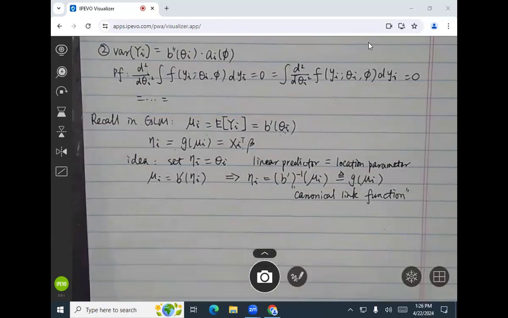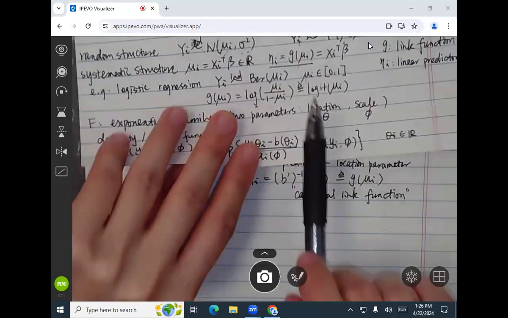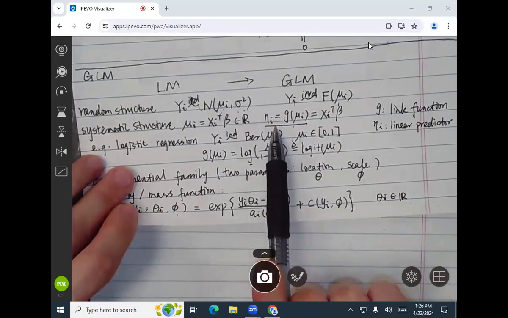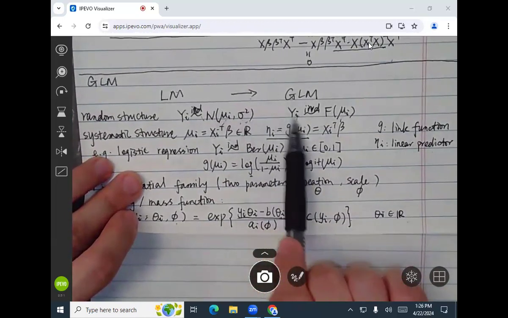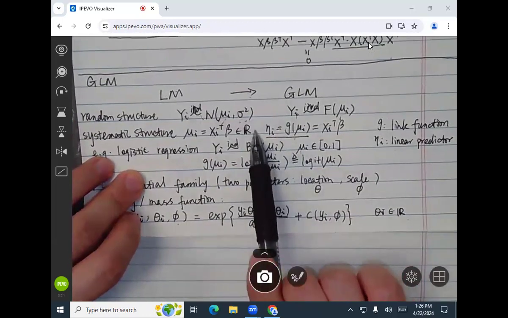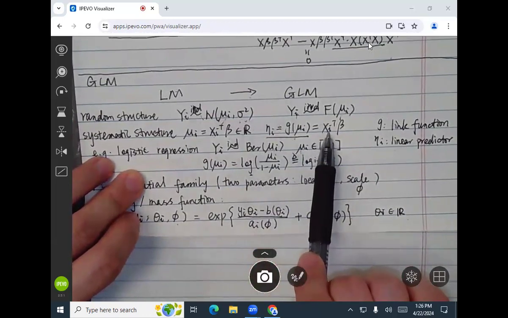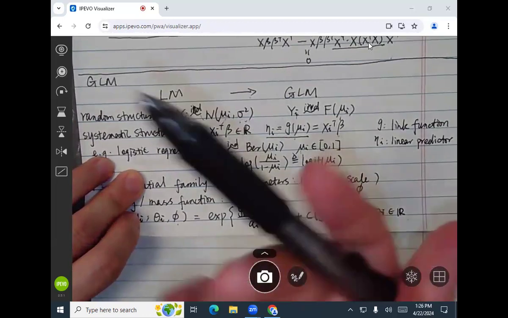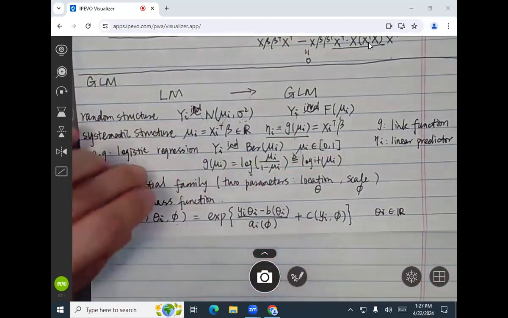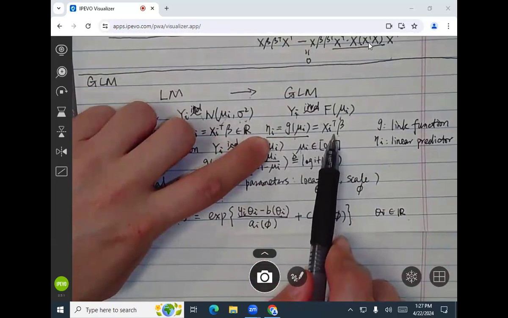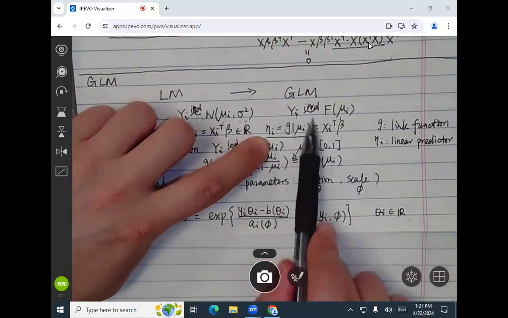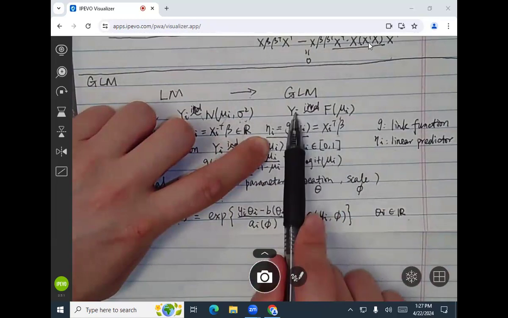Yeah, and eta i is what we need in the generalized linear model. It's what we call the linear predictor. It is what we assume for the ith observation: a parameter that is just a linear function of the predictors. So eta i is just a short notation for x_i transpose beta. And since we assume g(mu i), where mu i is the mean of y_i,